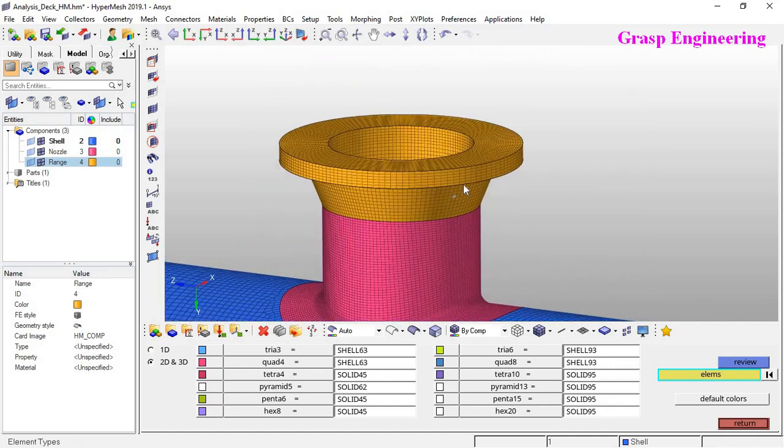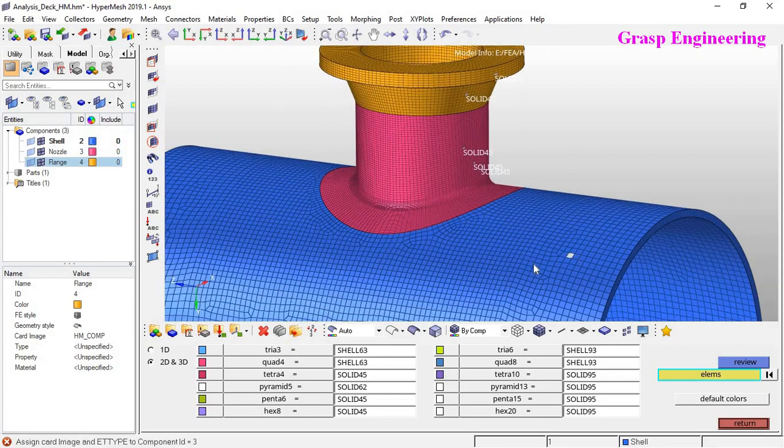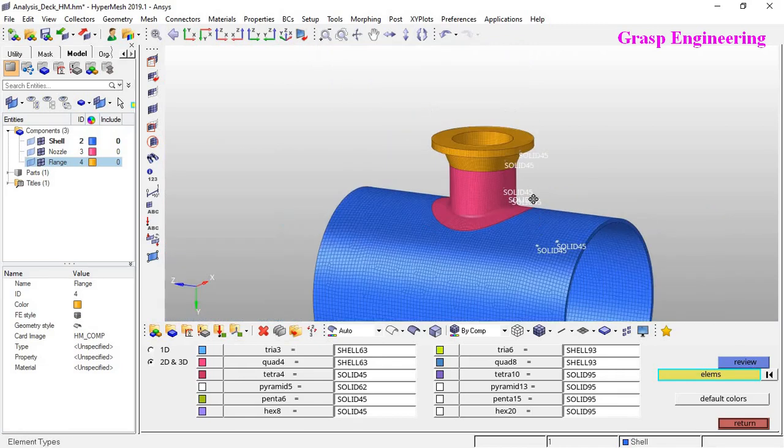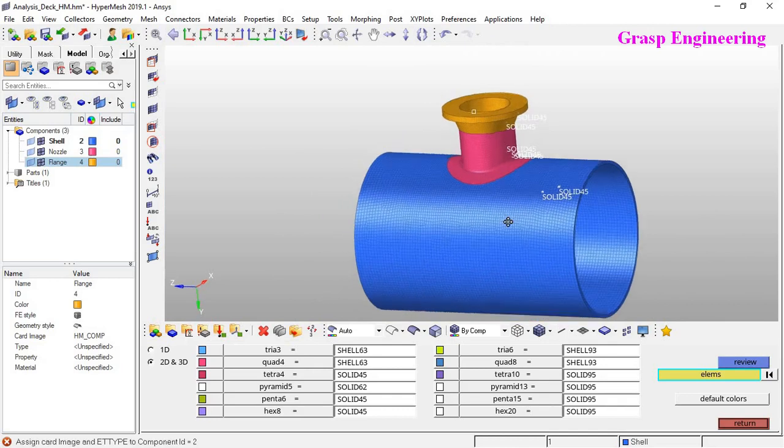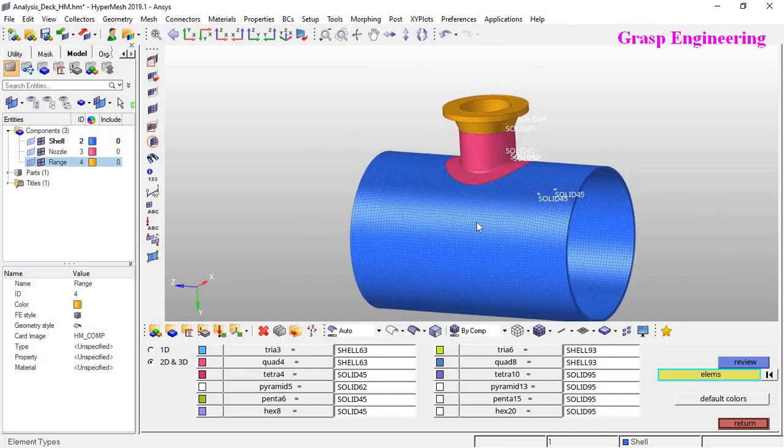Let's select the first phase, review, and you will find SOLID45. Let's check this one, review, SOLID45. And this one, SOLID45. It means all our elements are SOLID45, so there is no need to change. We will go with these respective element types.